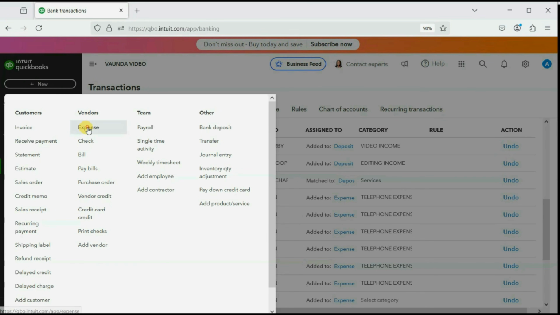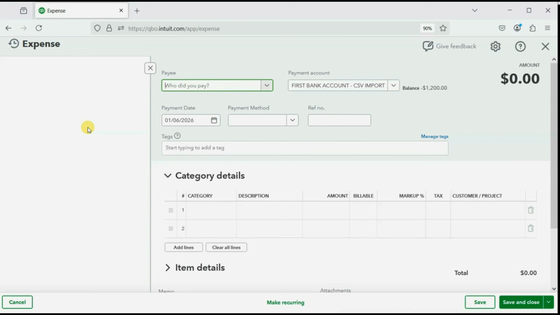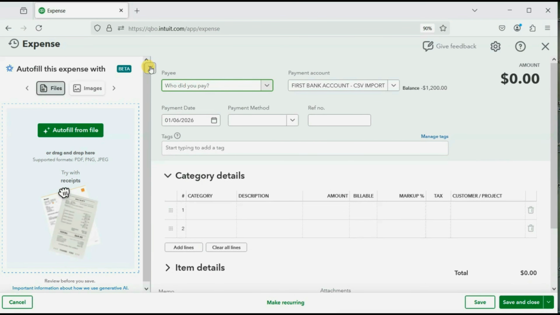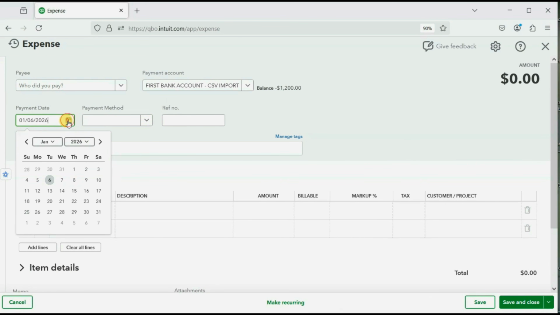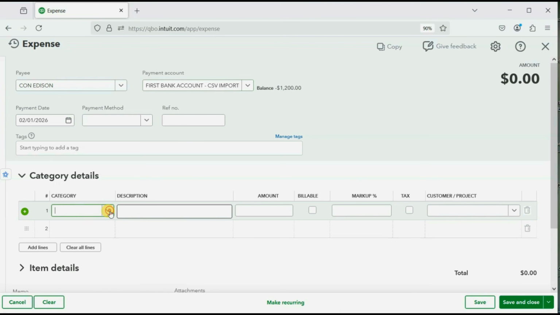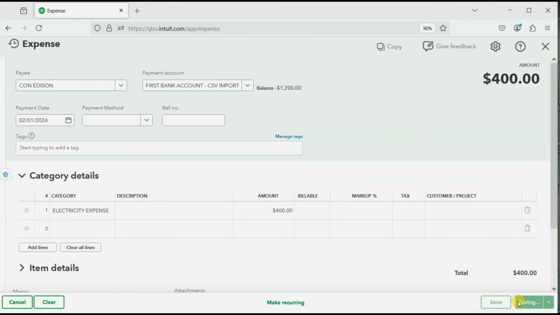New, expense, and the date we want is February 1 of 2026. So we go forward here to February 1 of 2026 for Con Edison from the first bank account, the one we're working from. Again, this is electric expense, and the amount is $400. Okay, now when we click Save and Close,